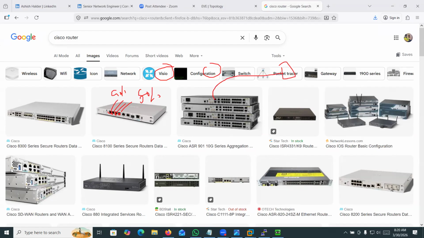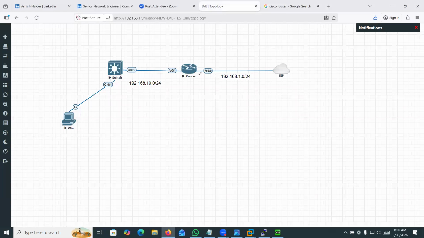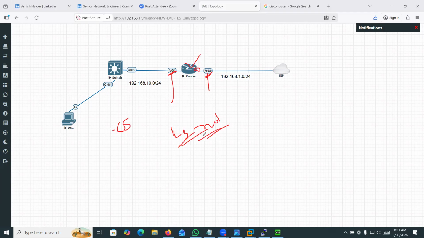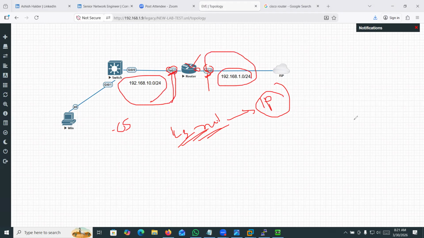Similarly, if we go to the topology, this is like a hole, or interface. The interface number is this one. We need to assign an IP address. This is a router. Okay, a router works on L3, the OSI network layer. OSI network layer is the L3 layer. A router works on the L3 layer and it works based on IP address. So we need to assign an IP address on the two interfaces. Here we will assign an IP from this subnet. On that interface, I will assign from that subnet.